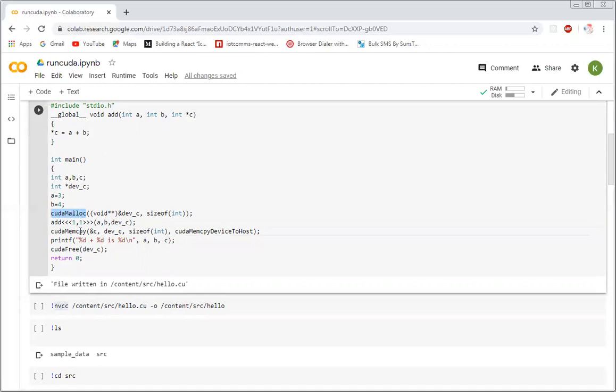Now we can differentiate between host and device, the CPU and GPU. So here also we will use malloc to allocate memory on CPU side, on host side. If we want to allocate a memory segment on GPU side, it will be cudaMalloc.